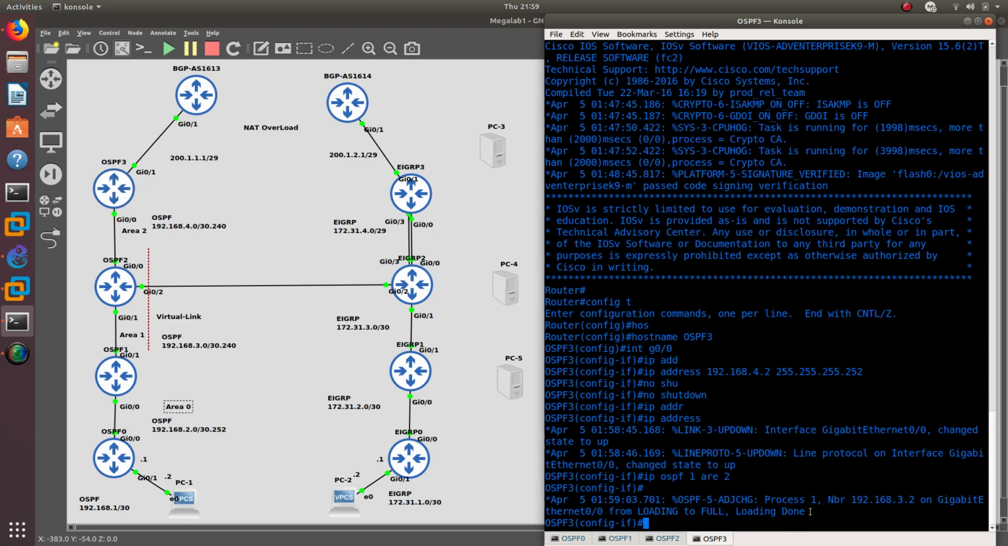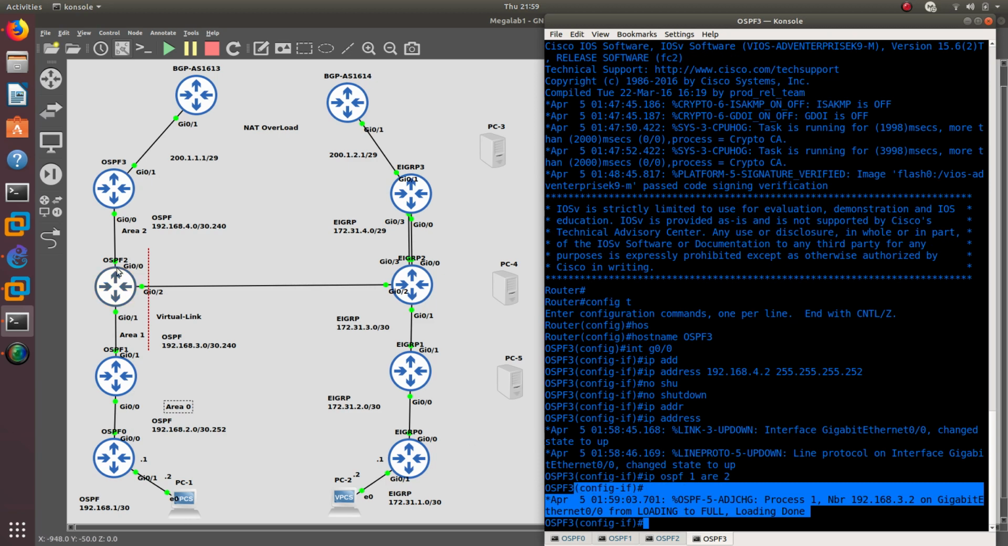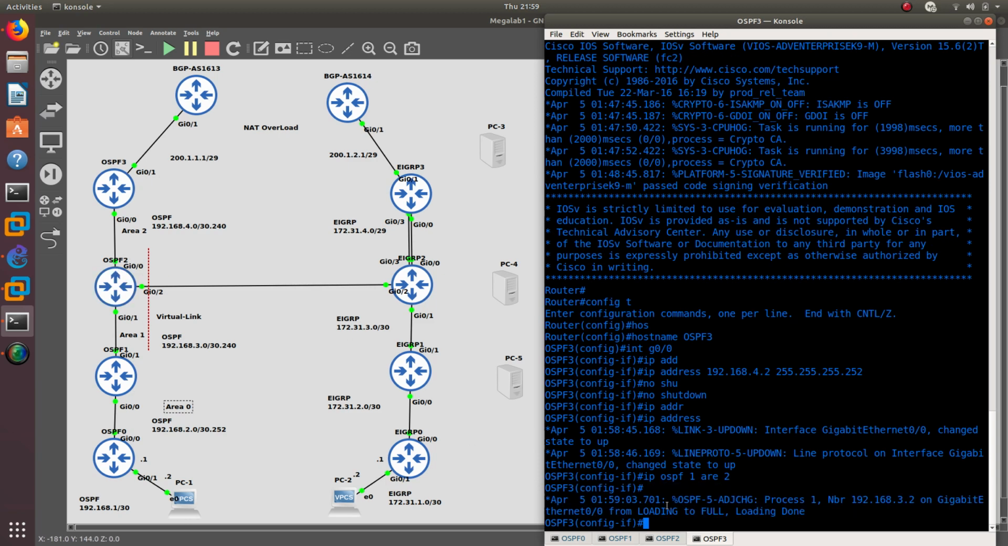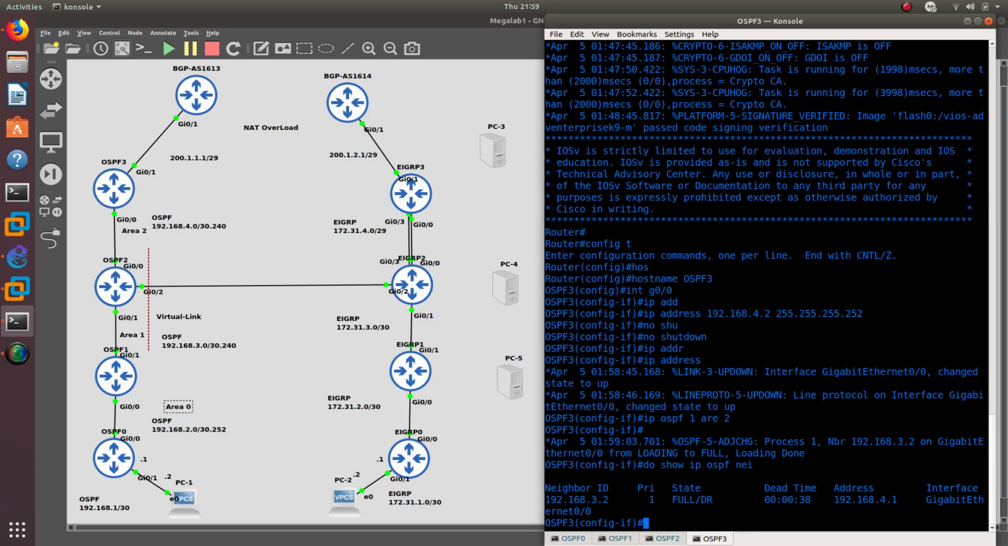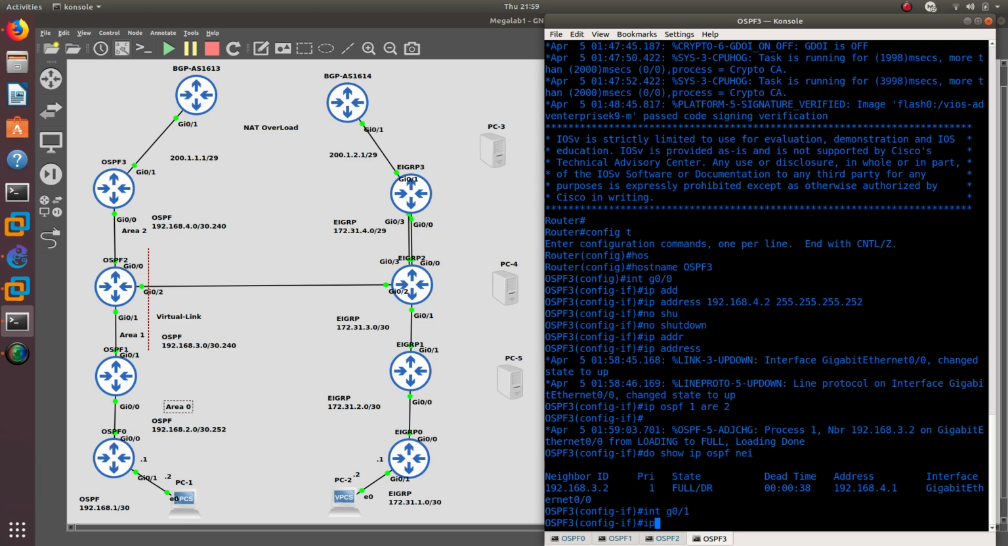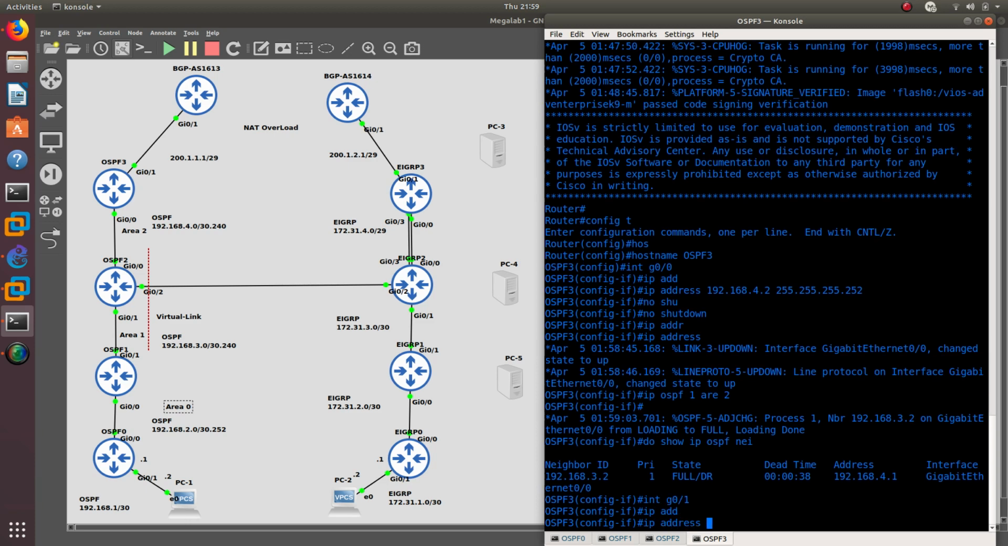Great. So now let's configure gigabits. There we go. We formed a neighbor relationship with router OSPF 2. If you do show IP OSPF neighbor, you can see the neighbor over here. Now let's go ahead and configure gigabit 0/1. So if we do interface gigabit 0/1, IP address, it's going to be a global IP address, which is going to be